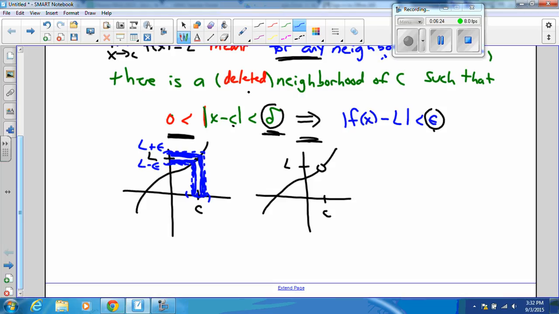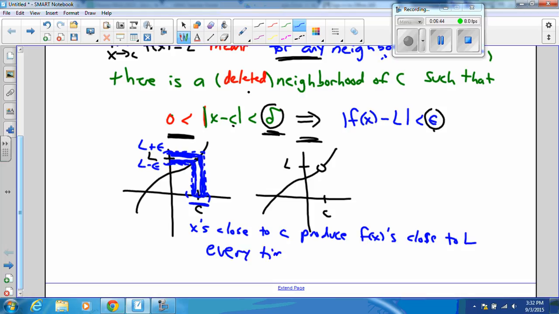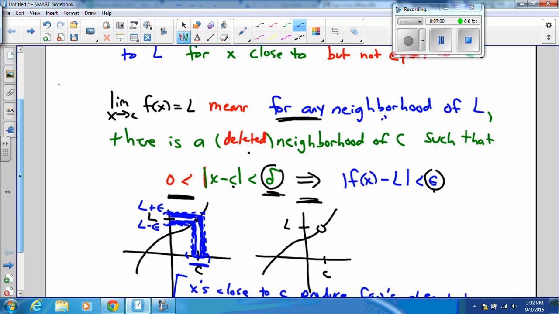What it says is that x's close to C, here they are, produce f of x's close to L every time. And if this statement is true, then my limit is L. That's what this means. Now, what I'd like to do is to take our transition definition here